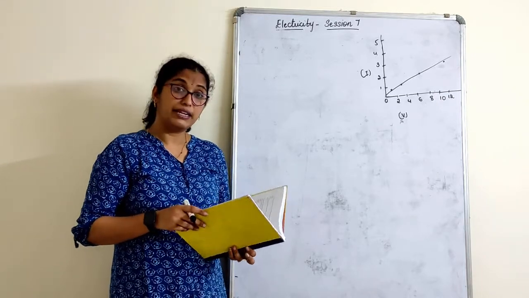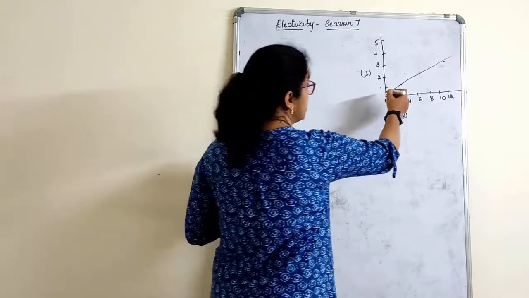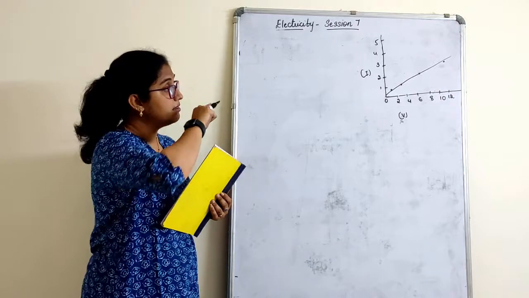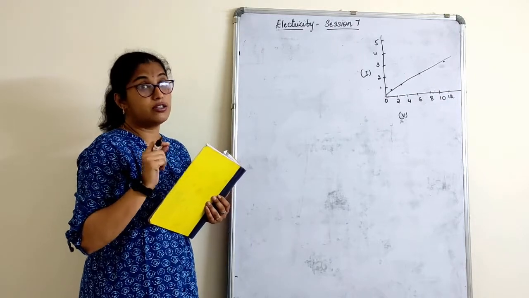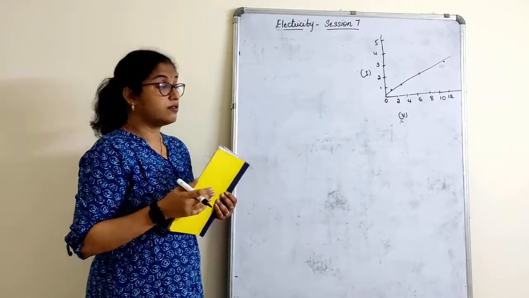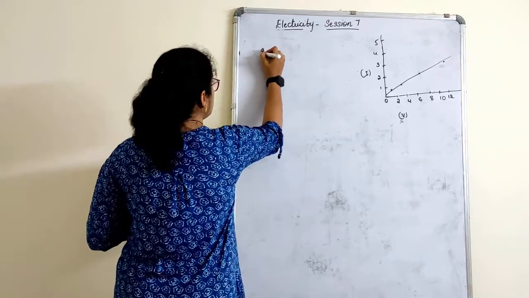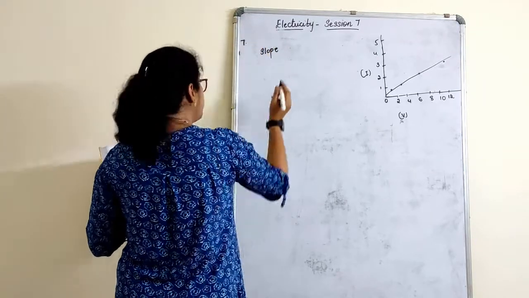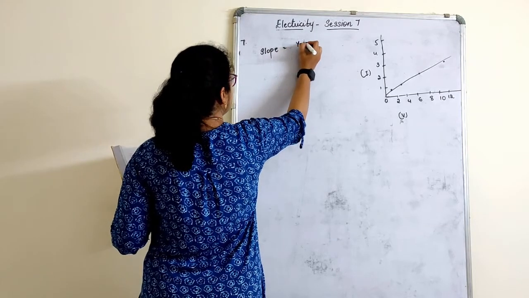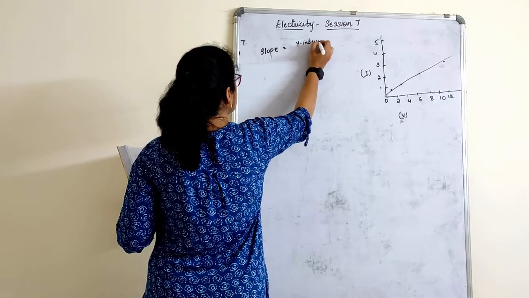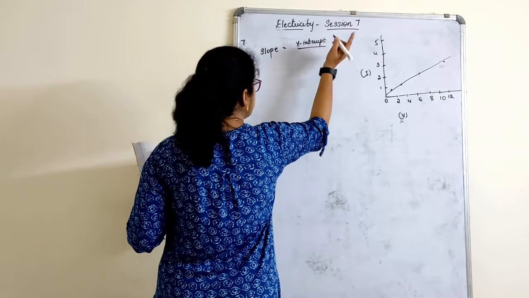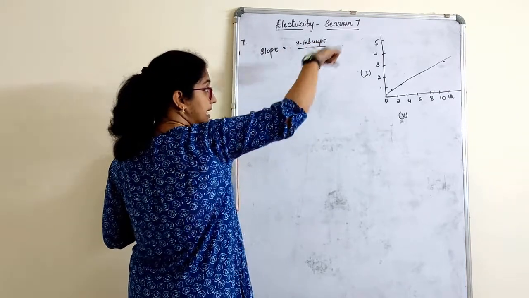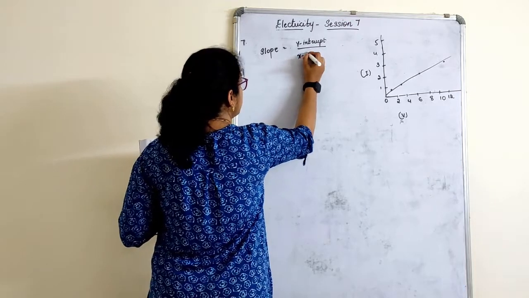But now how to find the resistance? We study that in coordinate geometry, but actually you don't study about slope in that. This line what we have drawn is called a slope. How to define a slope if I ask you? So slope, question number 7, right? Slope is defined as the y-intercept, the point where the straight line intersects, divided by the x-intercept.